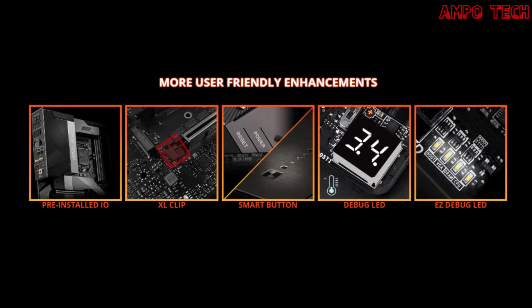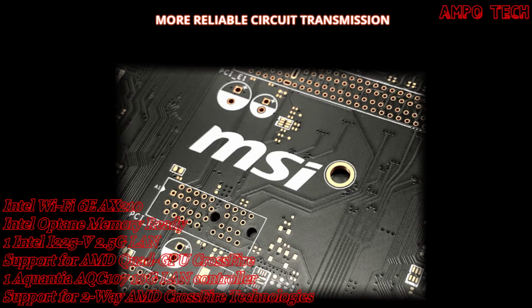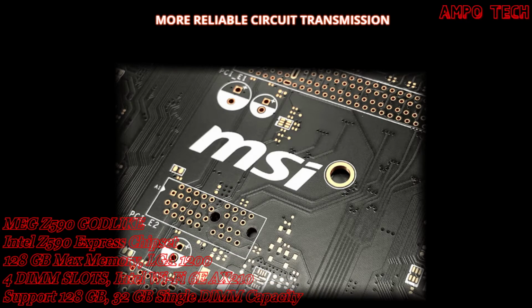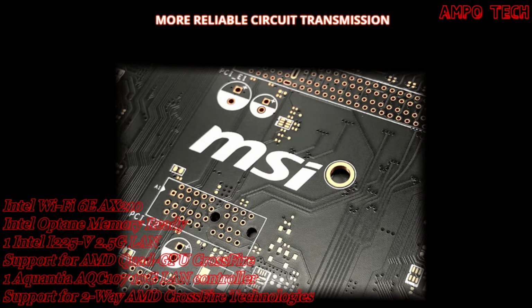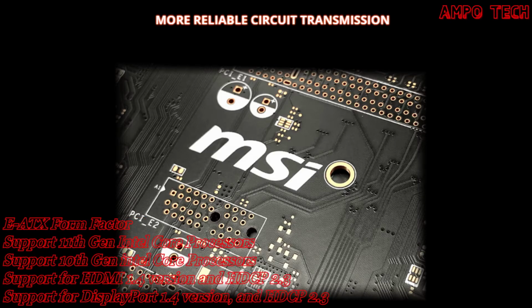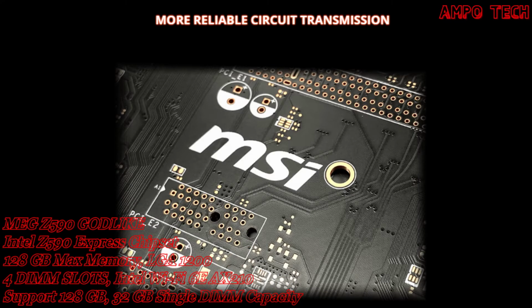The easy debug LED is for when you run into trouble. Onboard LEDs for key components will indicate the source of the problem, so you know exactly where to look to get up and running again. And this motherboard has protection, which includes 8-layer PCB, 2 ounces thickened copper, steel armor, double ESD protection, and certification. The 8-layer PCB means more reliable circuit transmission, and